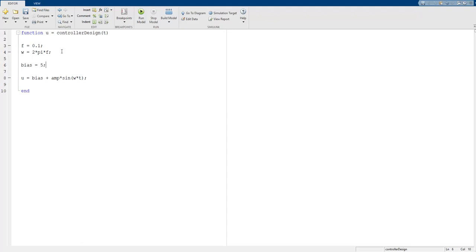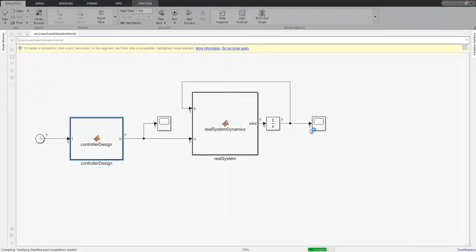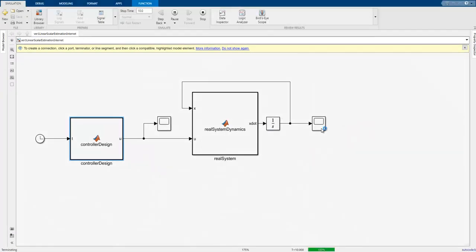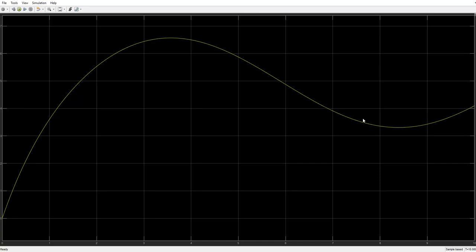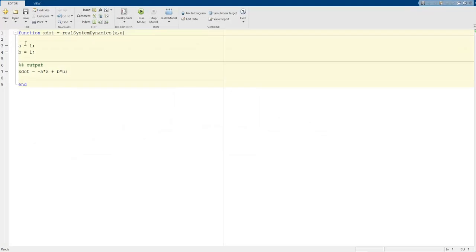Bias is 5, amplitude is 2. So these are arbitrary numbers; you can choose or pick any number in here, but you should give some value at this moment. Okay, and so if I run this code, the x dot produces the x by using the integrator value. Okay, and so the scope shows us the time response of our system, but we know that our